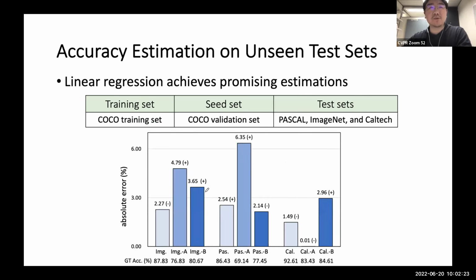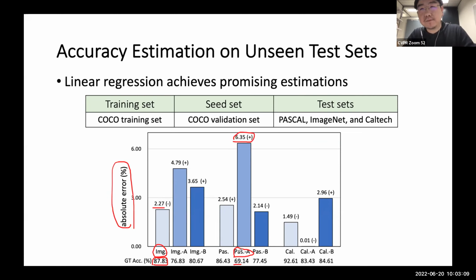For example, this is our ImageNet test set, whose ground truth accuracy is 87%. Using this method, the absolute error is 2.27, which is pretty good. More challenging is the Pascal dataset, which is normally 69%, and our estimate has a 6% error from the ground truth accuracy.